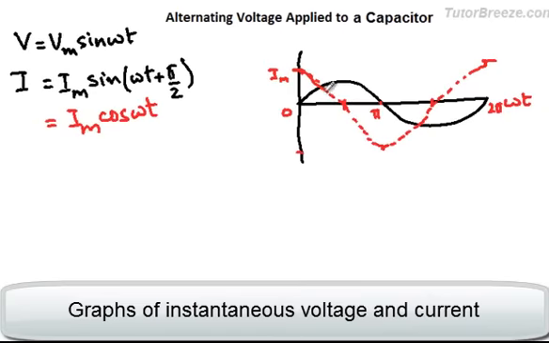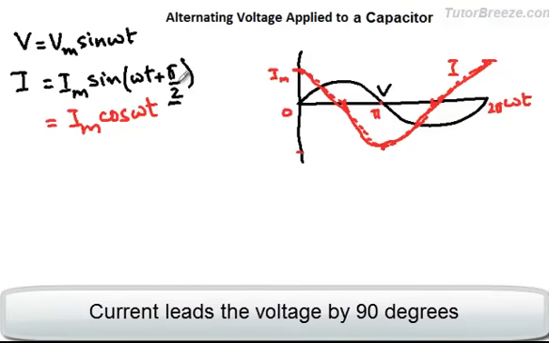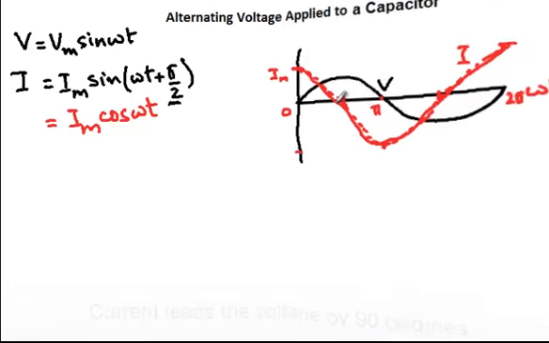So you can draw a continuous curve for this, and this is the variation of current, and the black curve shows the variation of voltage, and you can see that there is a phase difference of 90 degrees or pi by 2 between them, with the current leading the voltage by 90 degrees, which means that the current passes its maximum a quarter cycle ahead of the voltage.